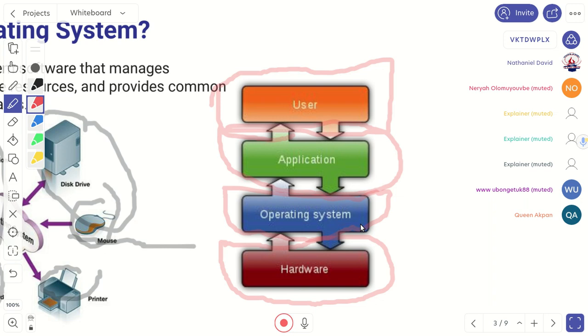So if I want to, as a system and the software,